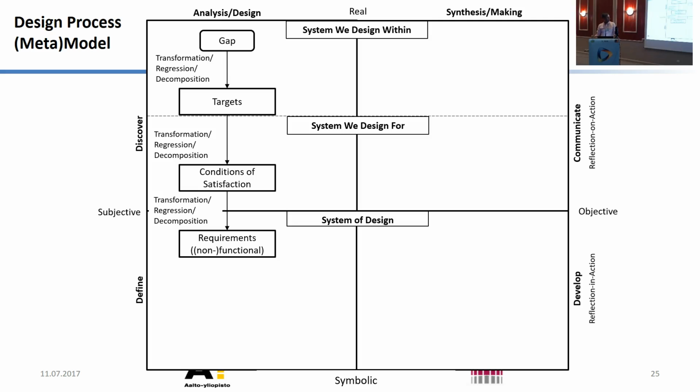So, the next step, we are going from the system we designed for to the system of design. So we're going from one perspective to the other perspective. If you have your phone, basically if you're a user, you're seeing only your interface of the phone. But then you go inside the phone as a designer and as an engineer. Now you want to understand how can I facilitate those use functions by designing some kind of system or structure. And as I said, requirements. These requirements can be on a high level, they can be on a detailed level. It depends what you're trying to capture and in what stage of the design you are.